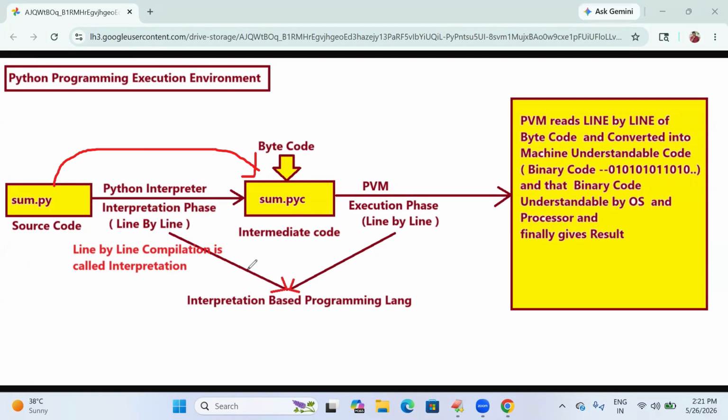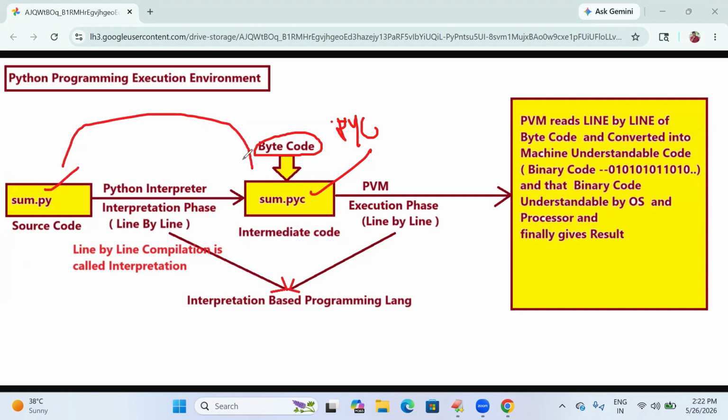That intermediate code in Python we call bytecode. The bytecode extension is .pyc. See here, it is a bytecode. In our sum.py, there is no error, so it automatically generates a .pyc file. This .pyc intermediate code will be generated by the Python interpreter if there is no error.